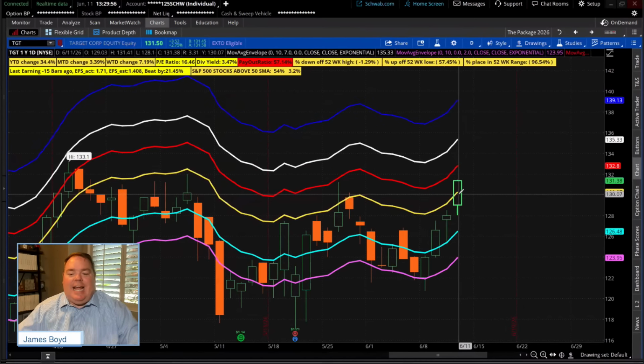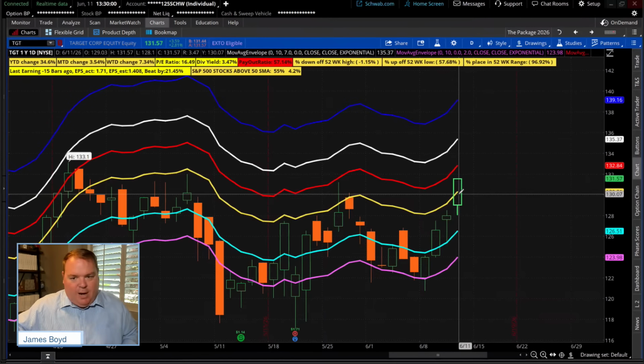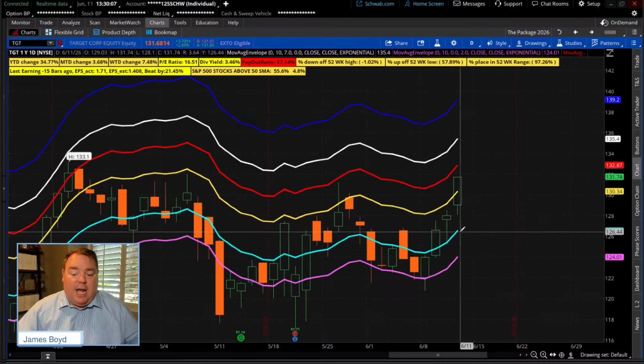Why do I look at this? Well, because I want to see how high are we. Well, what is the yellow line? Type in the chat, what is the yellow line? The yellow line is, we're just saying we're 3% above the 10-day moving average. 10-day moving average, that light blue line. Many investors would say we're probably not too high, okay?